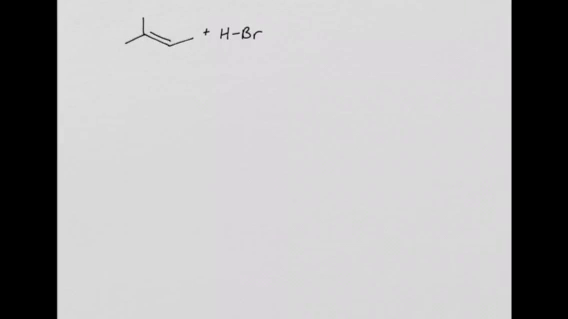The addition of HBr to this alkene produces one product. We see addition of bromine to the more substituted carbon of the double bond. To understand why we get this product and not the other possible product, we need to look at the mechanism for this process. In the first step of this mechanism, the alkene nucleophile attacks the electrophilic portion of the HBr,